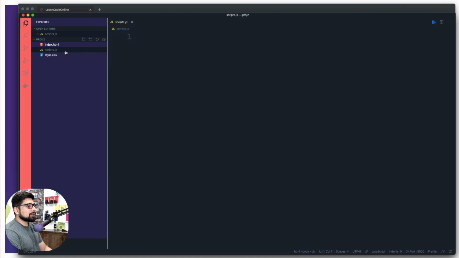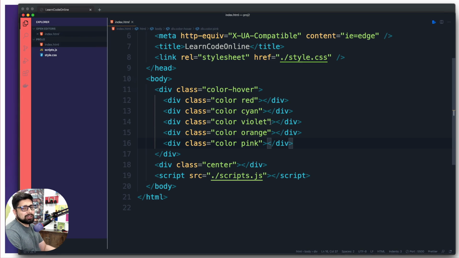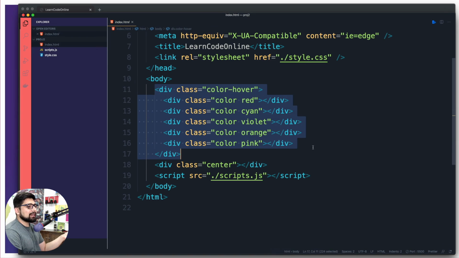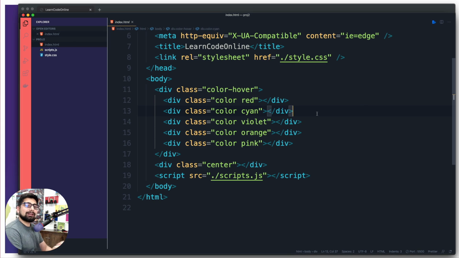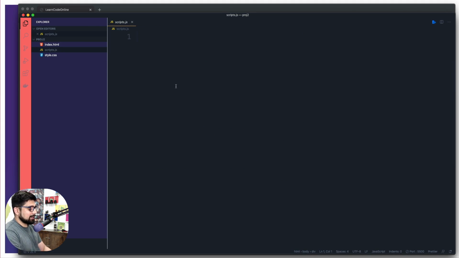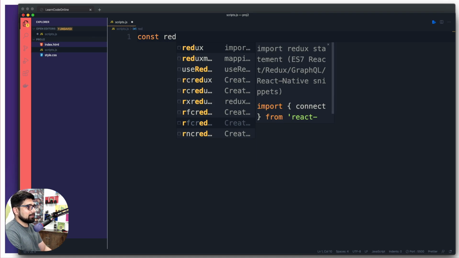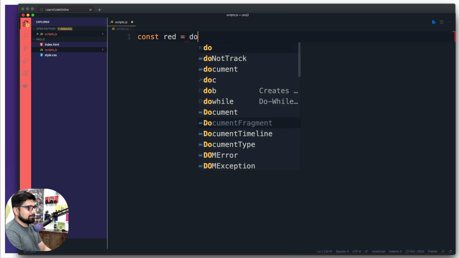Looking at the code or inspecting the code, you can do that in the browser itself, but here it's much easier. So I can see that I have some unique classes for every one of these elements, like red, and I can fire my querySelector or getElementById in order to select them. So it should be fairly easy if I go ahead and do that. Let's say that I want to just select it. So let's call the first one red. How are we going to select the red? We're going to simply say